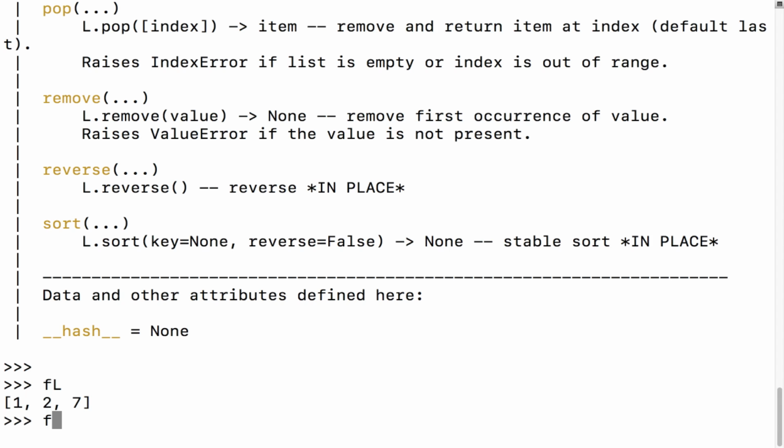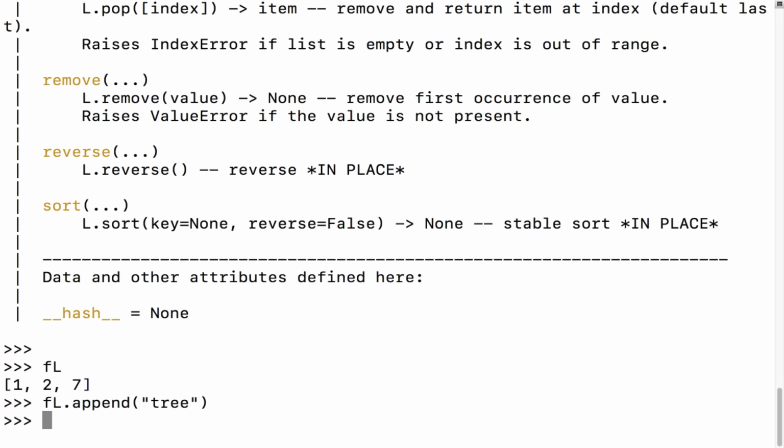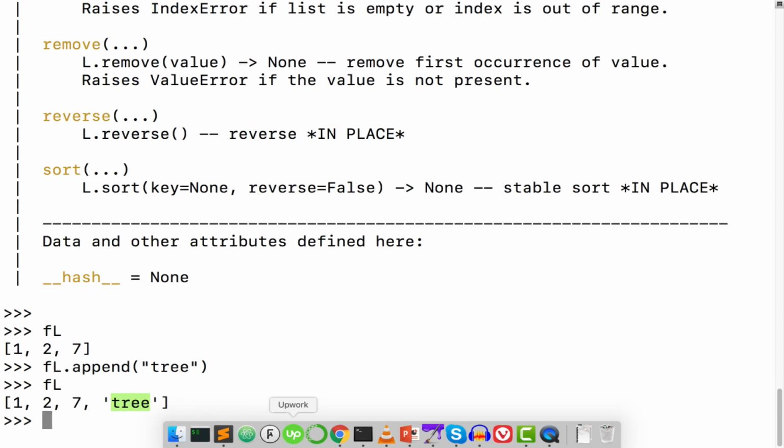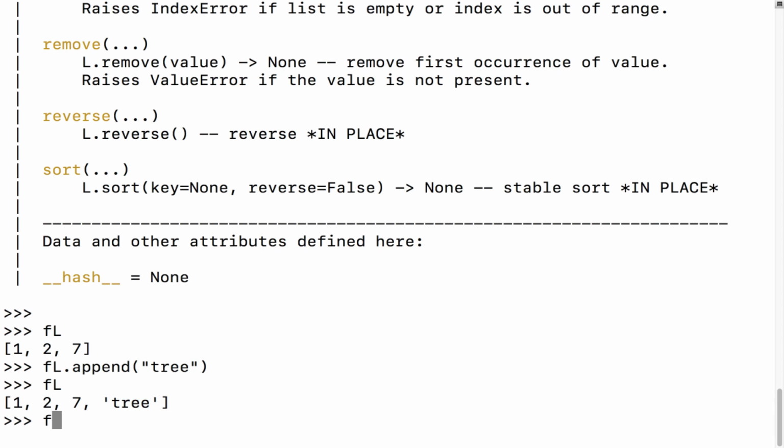First and foremost, let's try that append function. So we're going to do append tree and see if that is now in there. Now notice that I didn't save this variable. I kind of ran a function onto the variable, and it added this thing here. So if I were to do fl